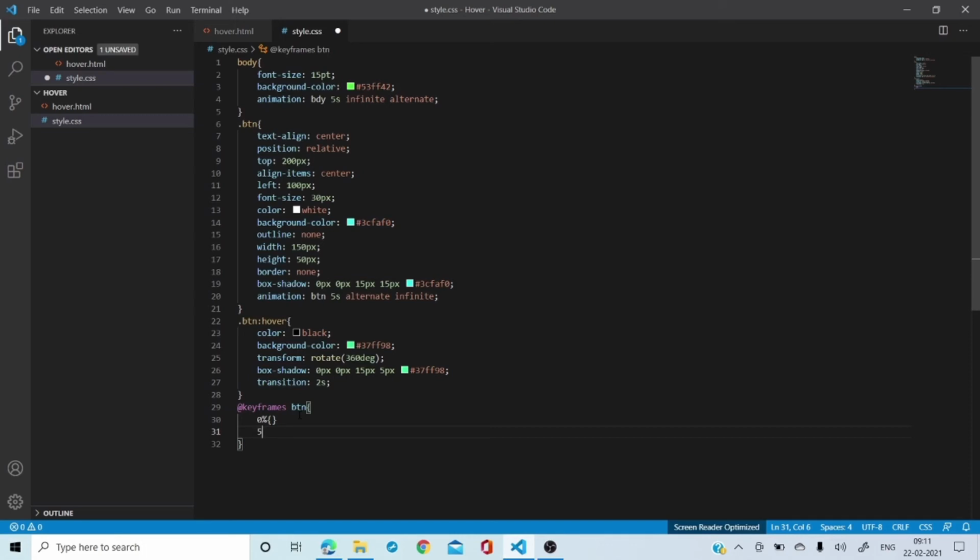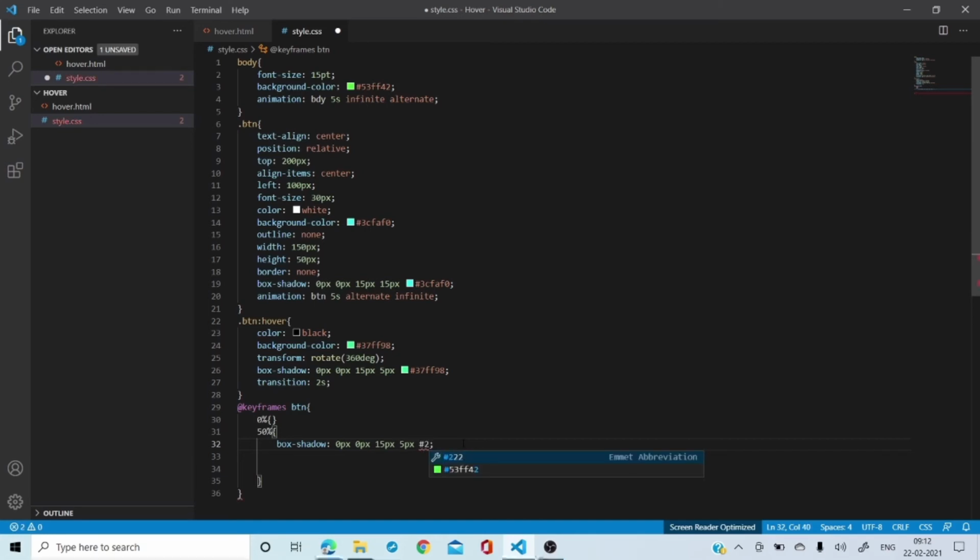Okay. Then I'm going to use say 50%, and the curly bracket is open. After me just copy it from here itself. Okay, so like this. So I am going to use this as 5 pixels, and here I am going to use it like, maybe the color I am going to change it.